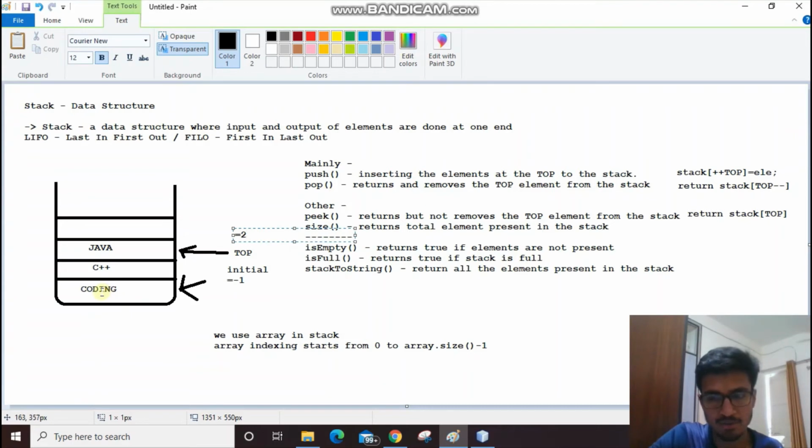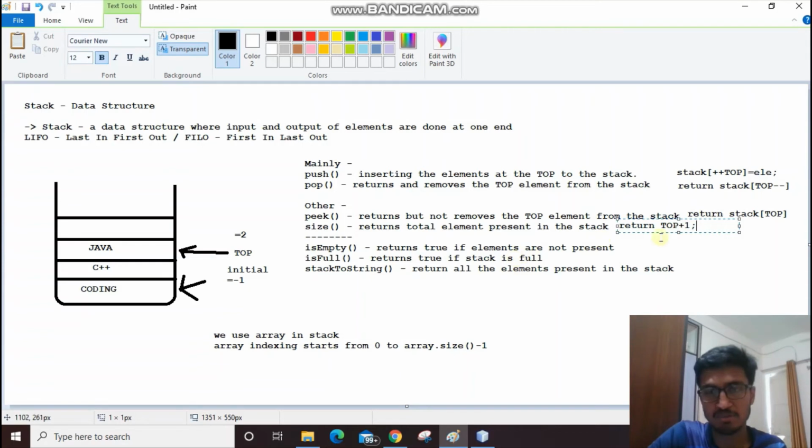At coding it was 0, at C++ it was 1, at Java it is 2. So we can return top plus 1 as the size. If we return this, the size of the stack returned is 3. So I think that will do the size part.